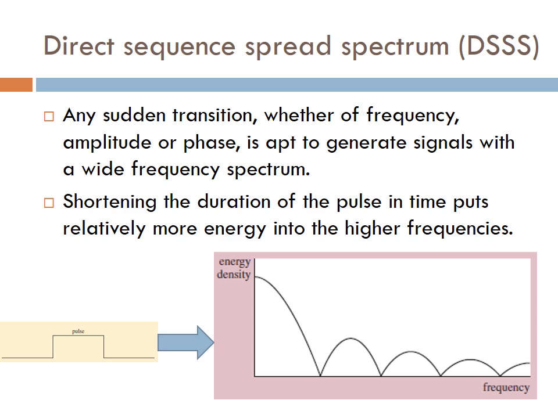Let's start with direct sequence spread spectrum, DSSS. The idea of using a sequence of chips to represent 1 and another sequence of chips to represent 0 raises the possibility of another way of creating a wide bandwidth signal, but which does not use frequency hopping. To see how this might work, let us look at a signal voltage pulse